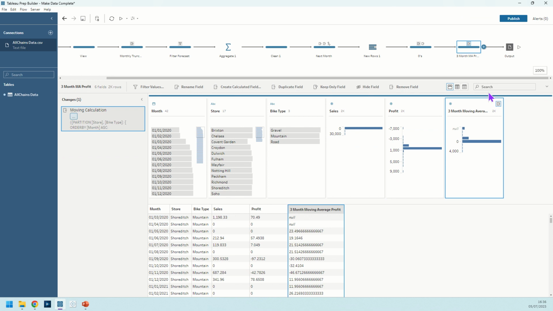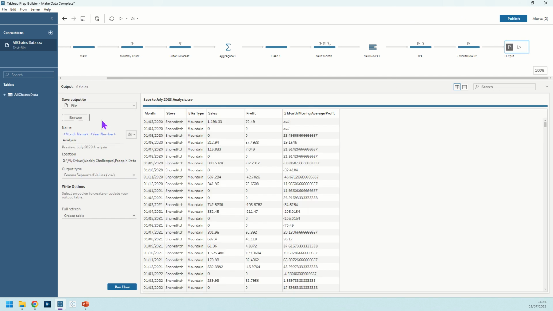So now we're ready to come on to that final part, the output. And we're introducing you to another sneaky new feature in Tableau Prep, and that is the naming of our output file. So in the parameter example before, we only could have access to parameters that we created ourselves, but now we also have these system parameters. So one's for the run date or run time, so that we can dynamically name this. So we just added in our month name and our year number. So you can add more than one. So it's got the month name and the year number analysis, and that's previewing to be July 2023 analysis,